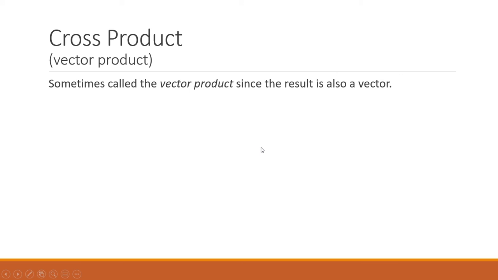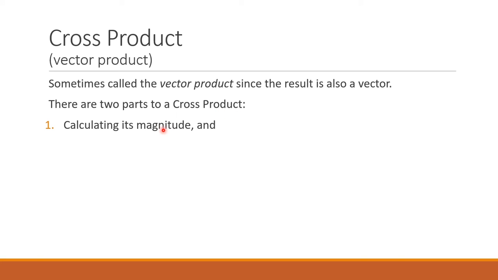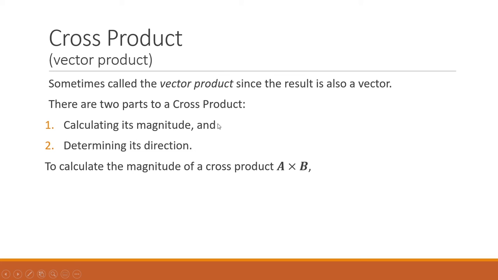Now, the cross product, or sometimes called the vector product. Why is it called the vector product? Because its result is also a vector. With the dot product, a scalar comes out, but with the cross product, a vector comes out. There are two parts to a cross product. Number 1, calculating its magnitude, and number 2, determining its direction. Note that these are two separate parts. To calculate the magnitude of a cross product, A cross B,